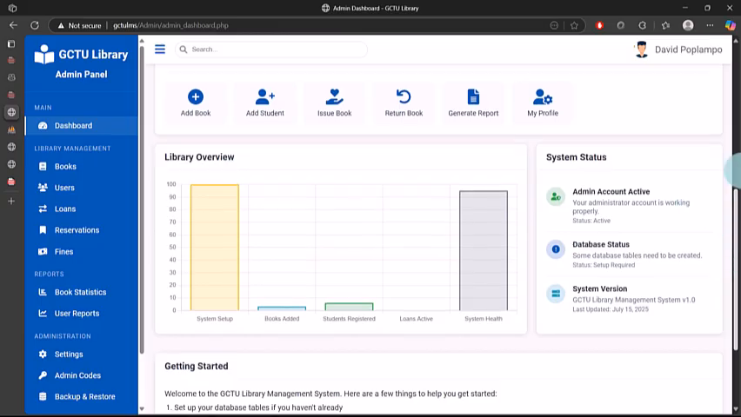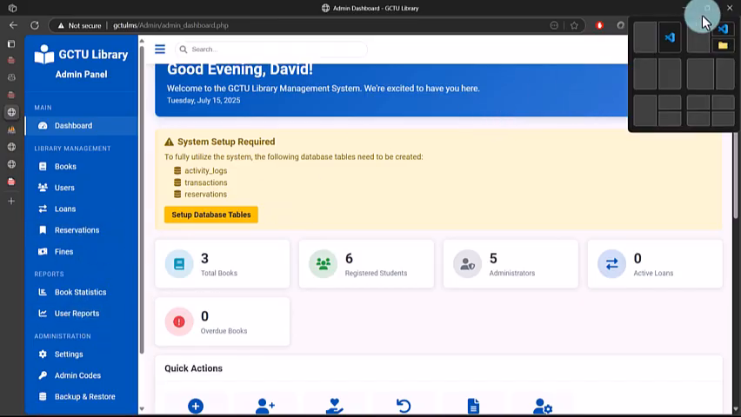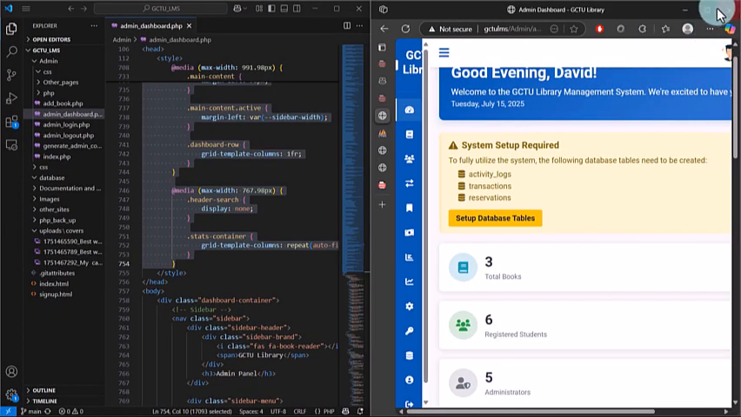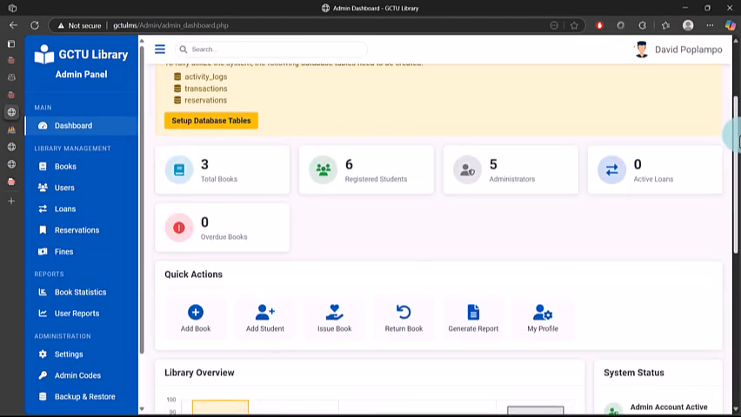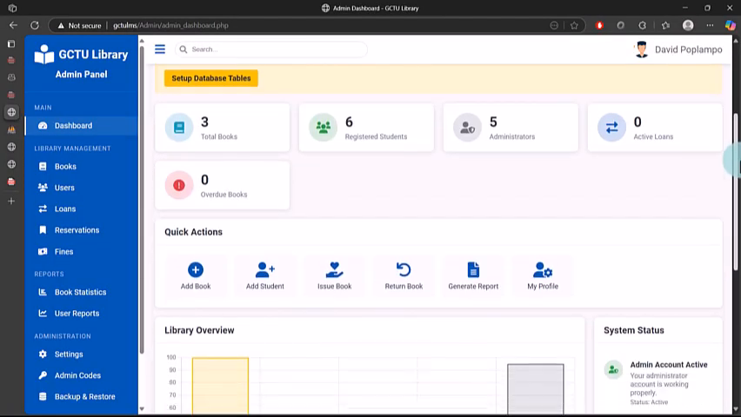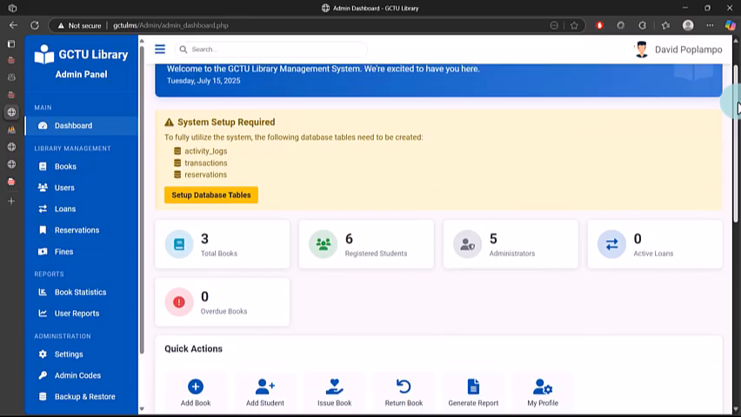So this is the layout. At the side, we have an intuitive sidebar navigation organized by functionality. And it's also responsive, meaning it can work on both mobile devices and desktop computers. We also have a collapsible menu for mobile devices when we need it, and we have quick action buttons